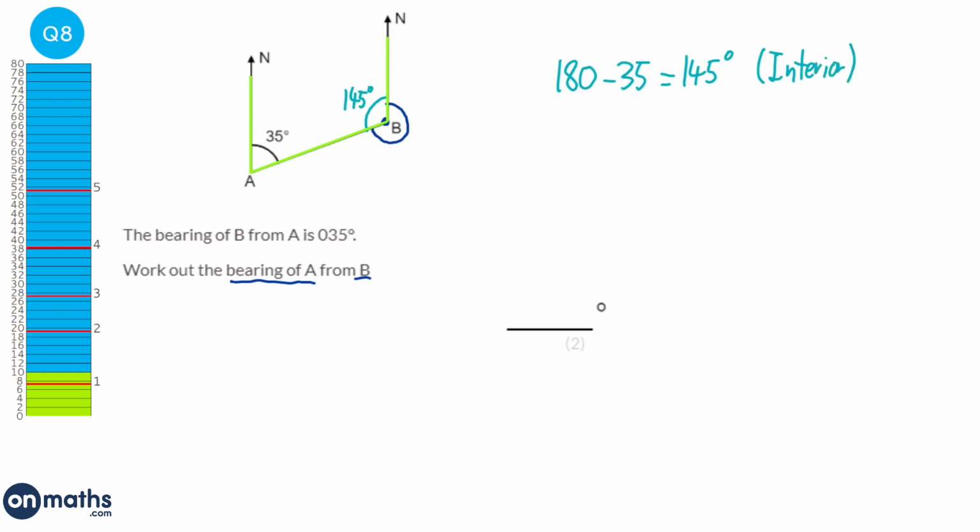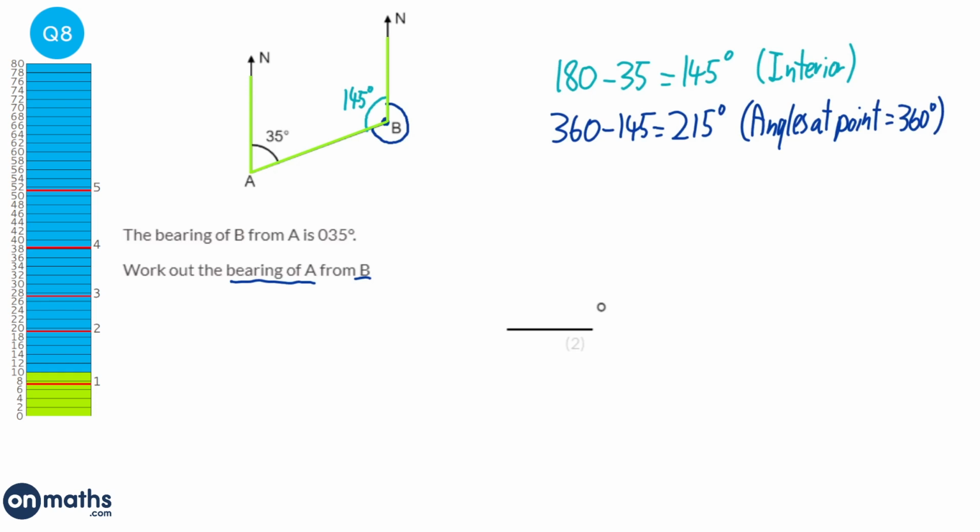And then to find the angle we're looking for, we can just do 360 take away the 145, which will give us 215 degrees. The reason for that is that they are angles at a point. Angles at a point add up to 360 degrees. So my answer will be